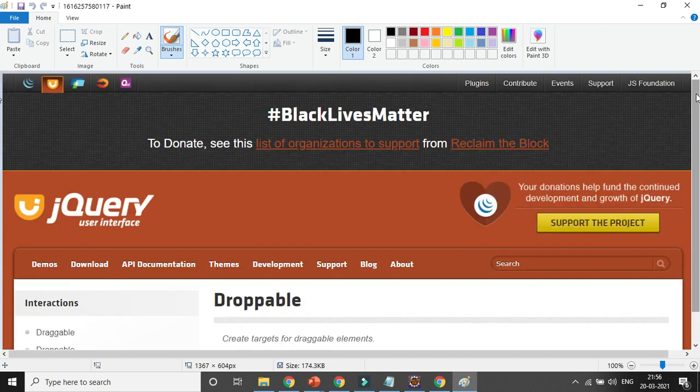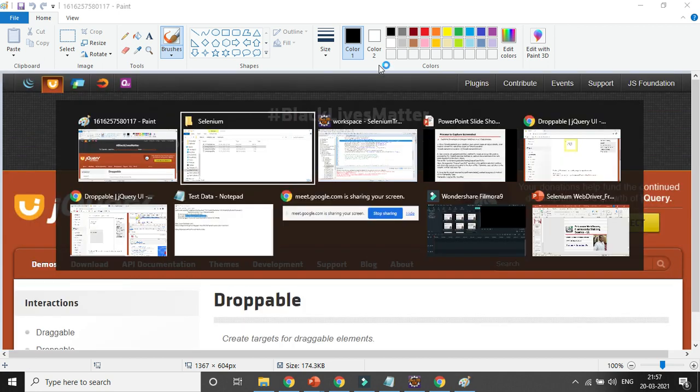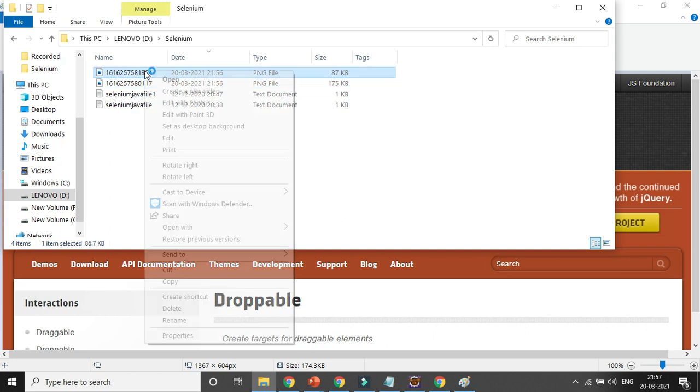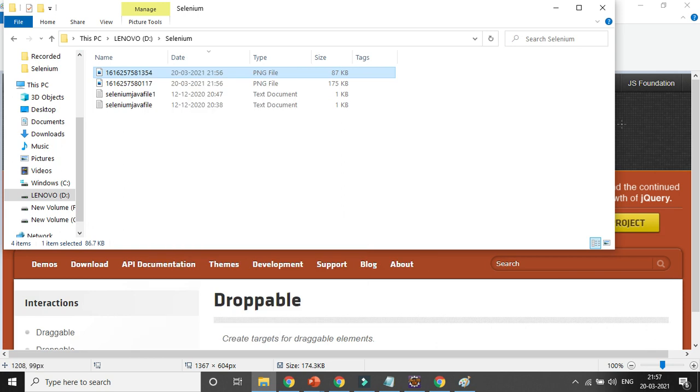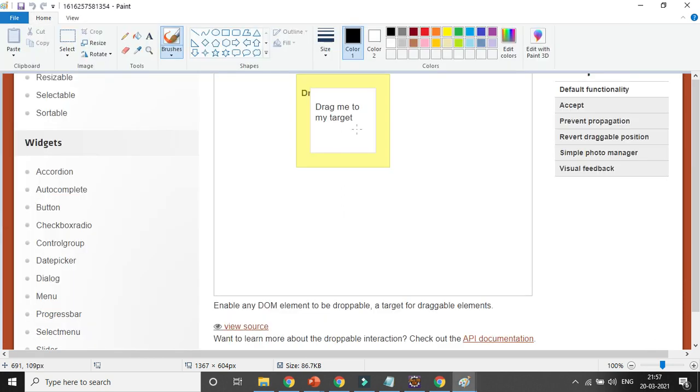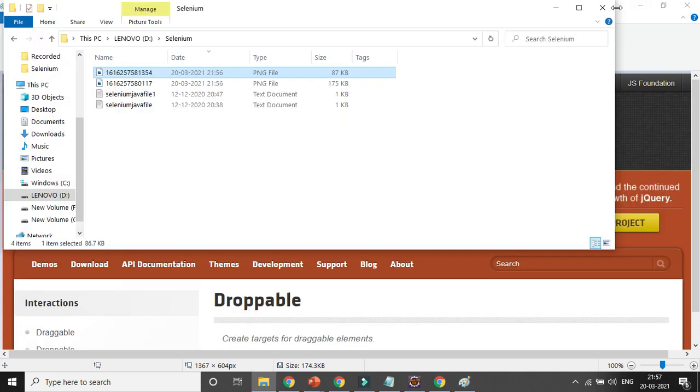Another is after dragging and dropping, right? If you open it, you can see the drag and drop result is coming. So I can get two screenshots with the same method name. Okay, understandable? Any questions?